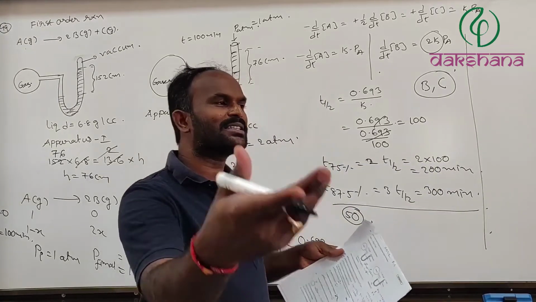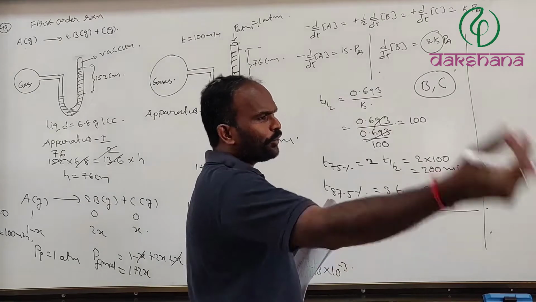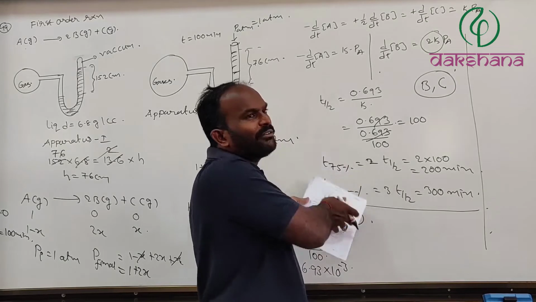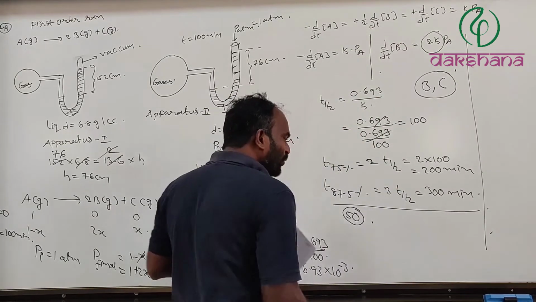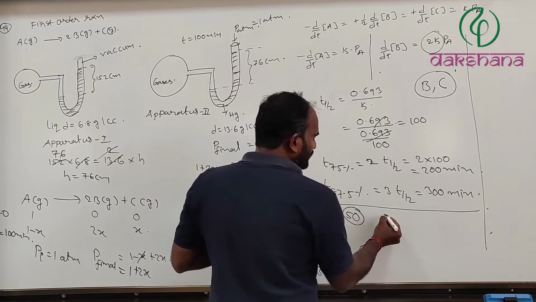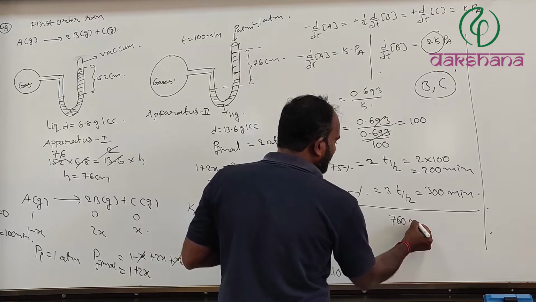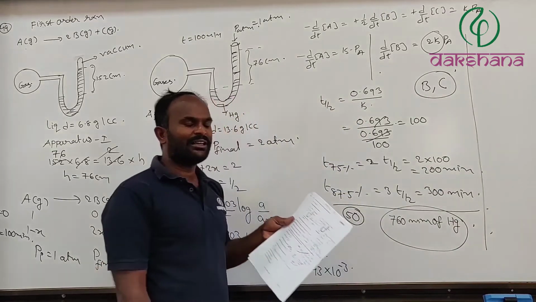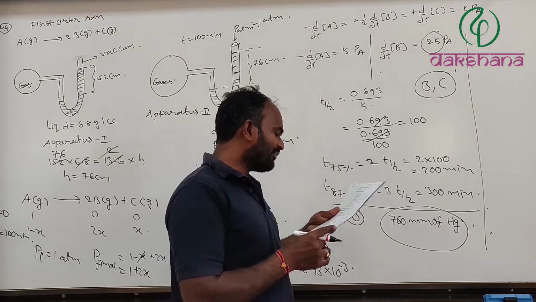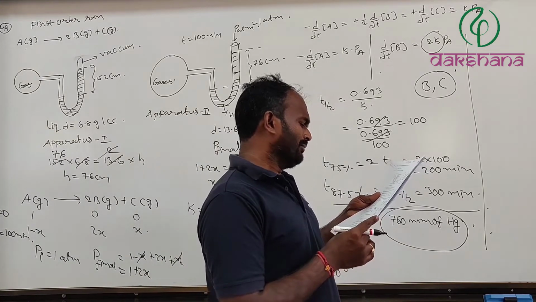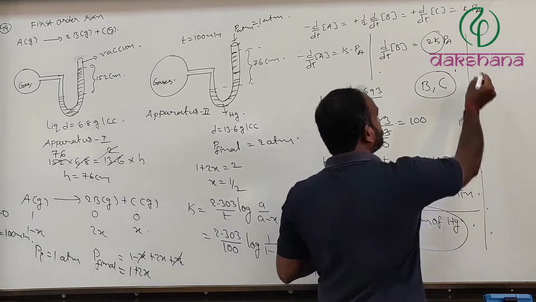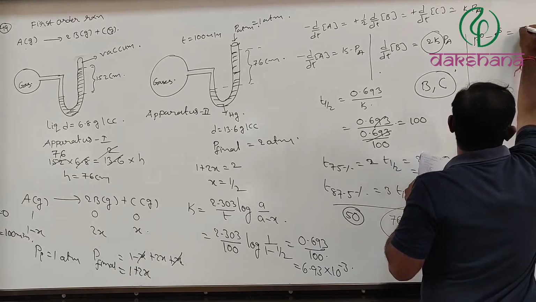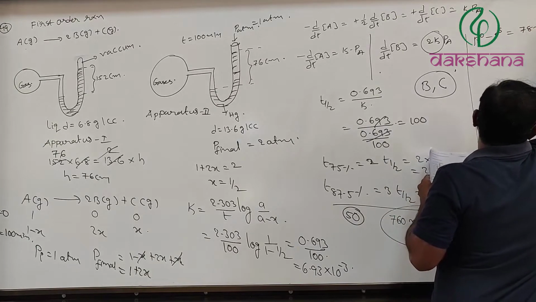at the normal boiling point of pure benzene liquid, at any boiling point, the vapor pressure of that liquid must be equal to the atmospheric pressure. Therefore, no difference here also, that value should be equal to 760 mm of Hg. And they have given that the lowering in vapor pressure of the benzene is given, which means P0 minus Ps is equal to 78 mm of Hg.